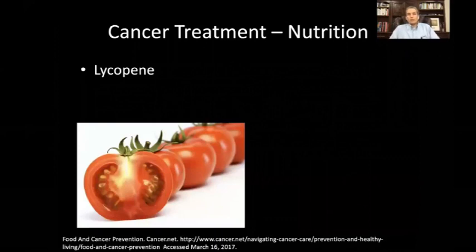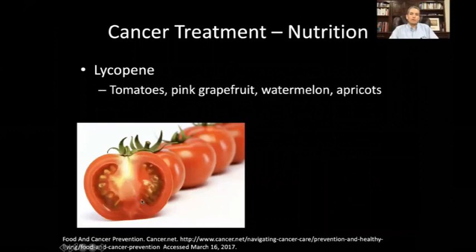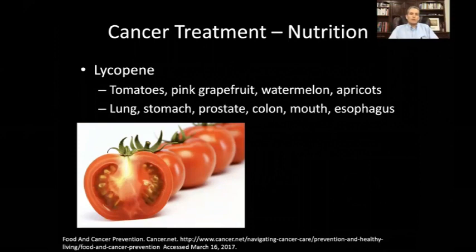All right, lycopene. Lycopene is found in various fruits and vegetables. So tomatoes are a very big source of lycopene, but it's also found in pink grapefruit and watermelons and apricots. It's what makes the reddish orange color in them. And lycopene has been shown to be beneficial when it comes to lung cancer, stomach, prostate, colon, mouth, and esophageal cancer. Prostate,